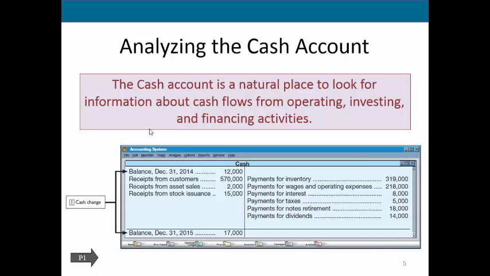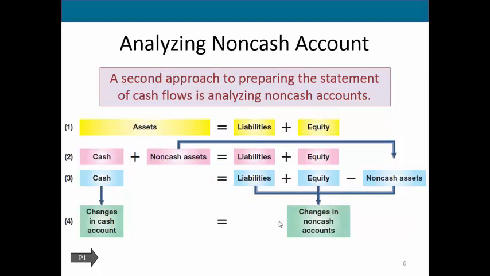So this is what you would typically do if you're using the direct method. You're going to be looking at what happened in this cash account, and you'll be pulling out all of the things and categorizing them as to whether they are operating, investing, or financing type activities. So you would go through each of these. It's fairly straightforward. But then if we're using the indirect method, we're going to be taking a more holistic view